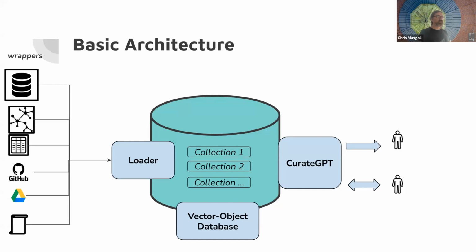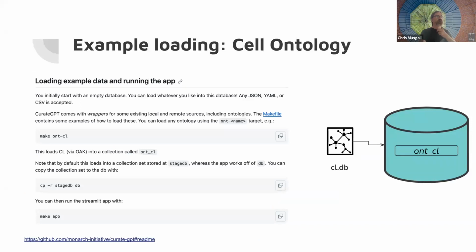The basic data model here is that you've got one big database, and within the database, there are a bunch of independent collections. A collection may be an ontology, or it may be a set of, say, human phenotype ontology and gene phenotype or disease phenotype associations. It could be anything. So just to get us started, one of the easiest things to load